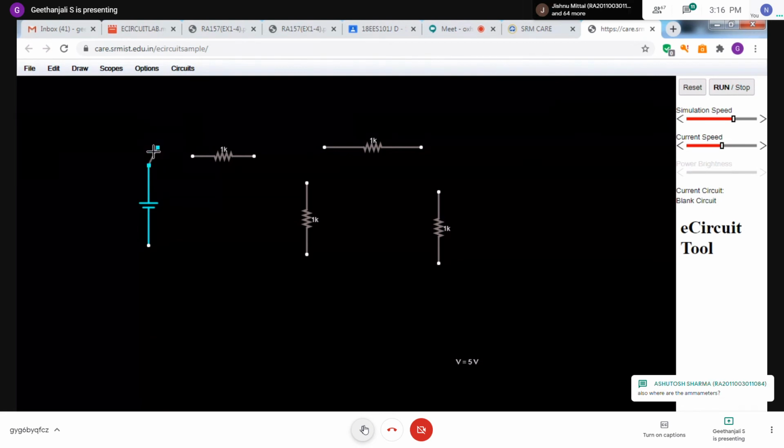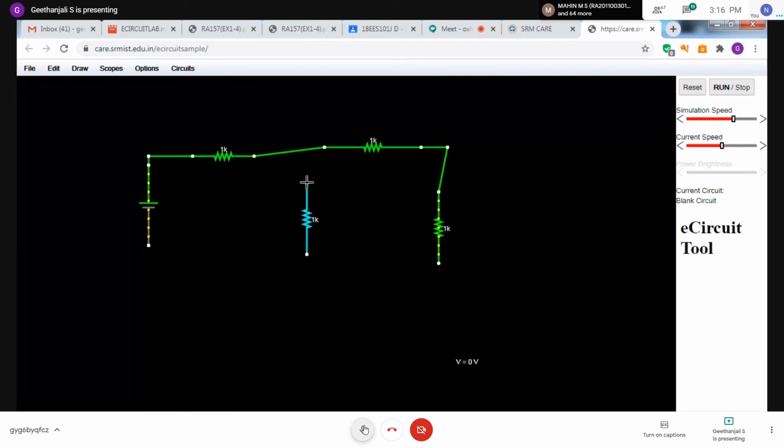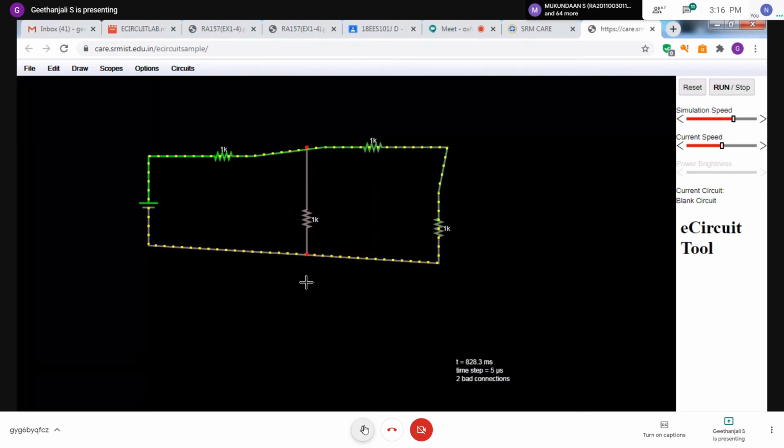Then you run. If you completed the experiment, you will get the answer. Run means run, then get the answer. See the result in the scope. Same procedure, what you did for your simple circuits, do the same. Take some time and draw the circuit neatly. All the wires should be straight lines. It's getting late, so I am drawing like this, but you should not draw like that.